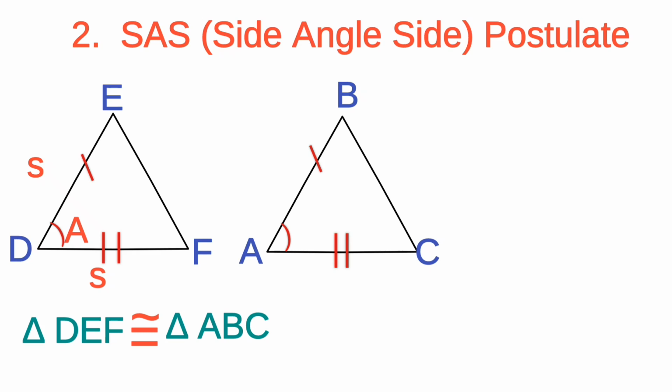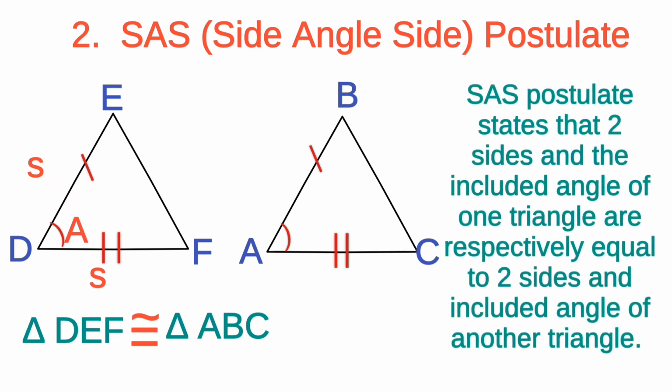Now, I want you to take note. The angle must be an included angle. That is, the angle must lie in between the two given sides. So with this, we can say that SAS postulate states that two sides and the included angle of one triangle are respectively equal to 2 sides and included angle of another triangle. Okay? Now, the third postulate we are going to be looking at is